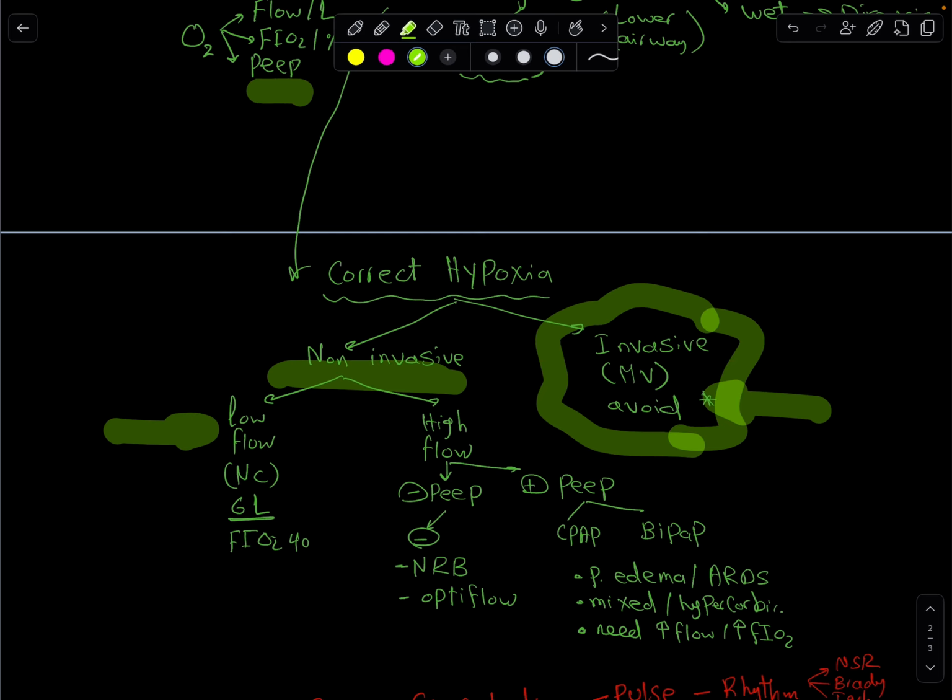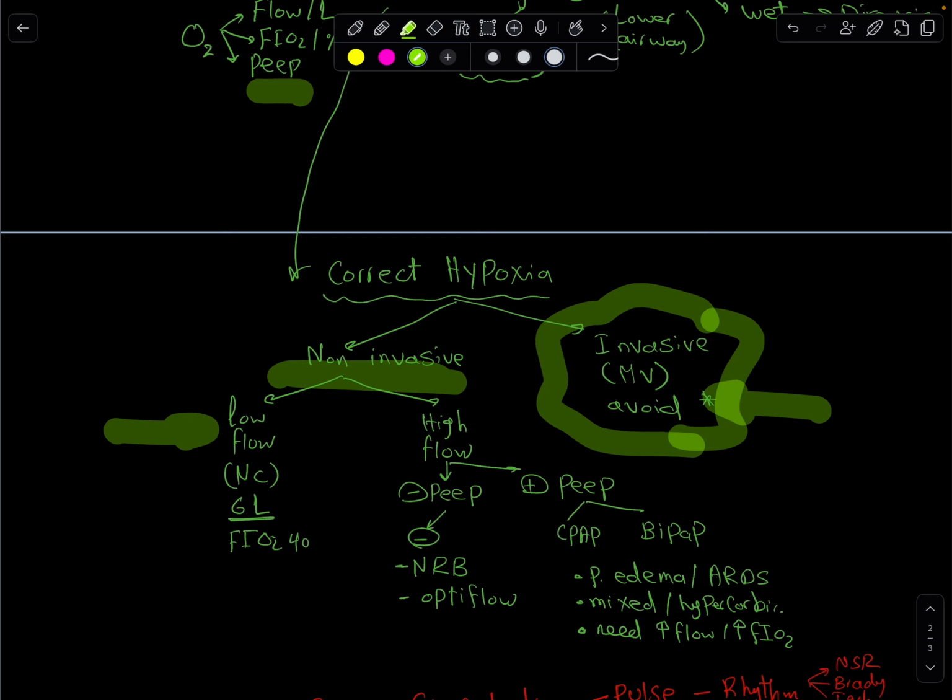On the other side, the high flow options with PEEP or pressure, you have either one direction, which is the CPAP, or bidirectional, which is the BiPAP. We can talk about the differences and how to set them up in a lecture for another time. But usually you need the pressure if you're having pulmonary edema, severe fibrosis, or ARDS. If it's mixed hypoxia and hypercarbia, or just hypercarbia,